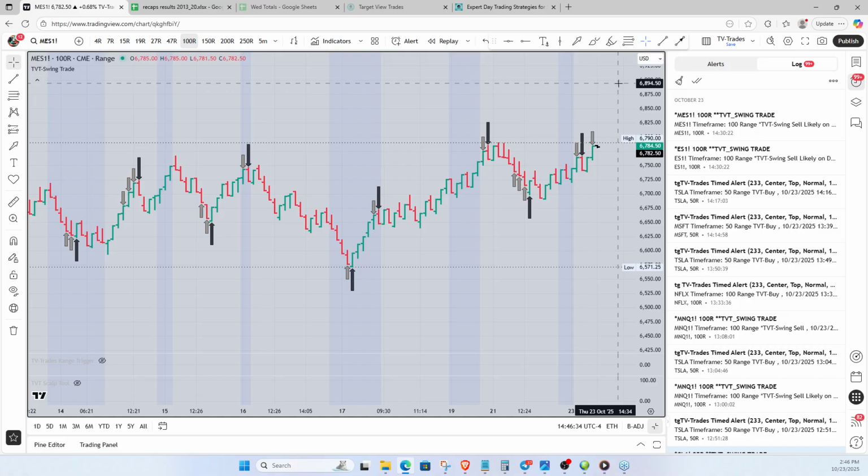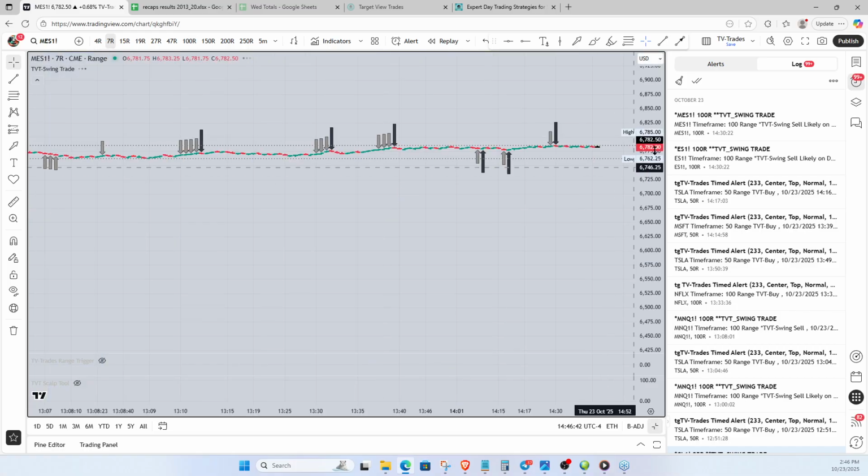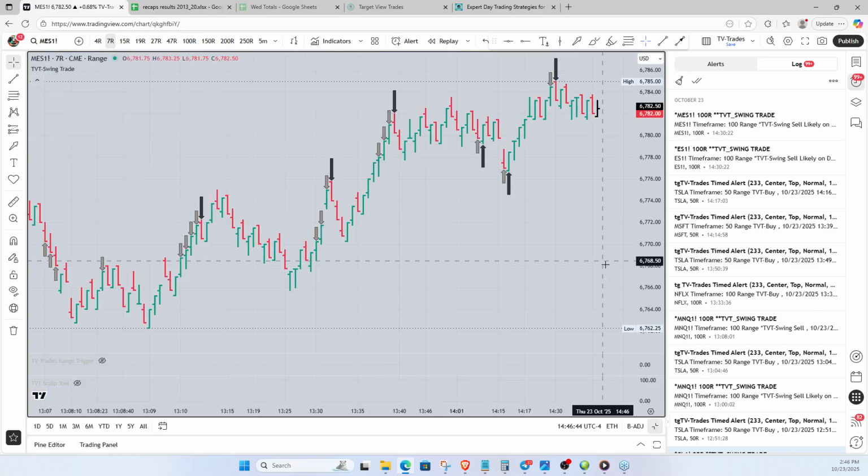You can put it on any time frame you want. I mean, it kind of goes to what Hal was asking too. You know, on the MES, like I run the ES in the morning session on a 7 range, and here it is on a 7 range. Okay, the 7 range you use a 10 tick stop.